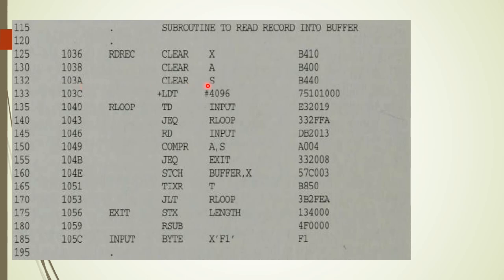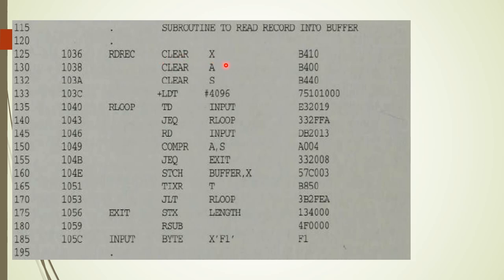So the translation of a register to register instruction, generating an object code of an instruction having a register as an operand, is very easy. Here you just convert the mnemonic operation code to machine language. This mnemonic operation code will be converted easily to machine language. Then just mention the number of this register.